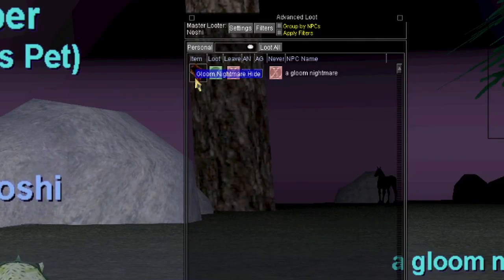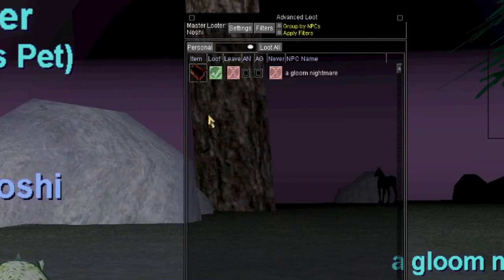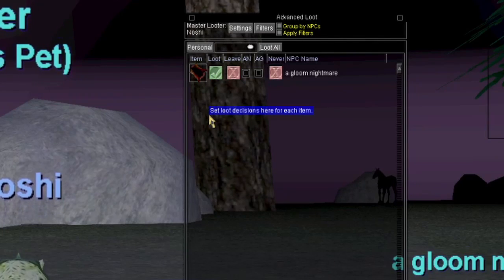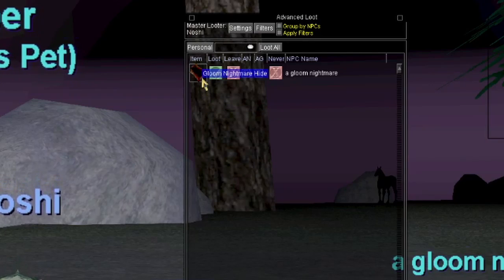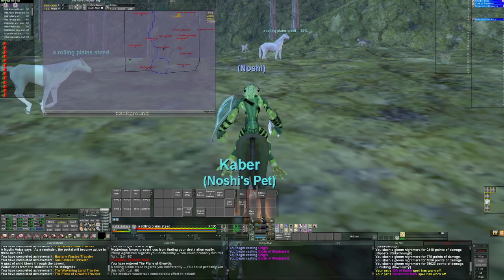So they have an hour and a half respawn. So I had to kill the 4 Gloom Nightmares and then wait an hour and a half for them to respawn. Luckily, I got this on the first kill when I came back. Next item, after you get the item from the Plane of Nightmare, is going to be the Lock of Blessed